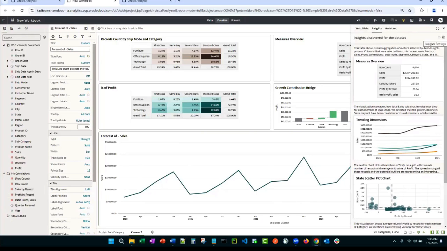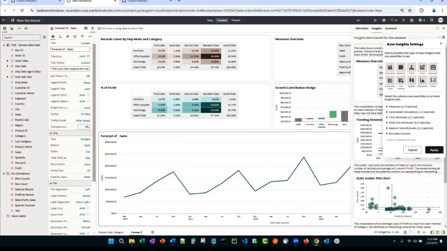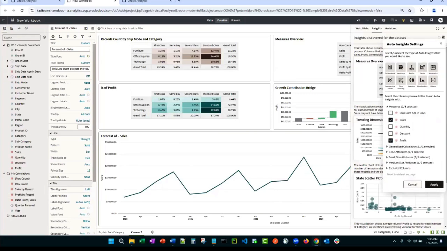Now, my favorite part about these Auto Insights is the first time it runs unsupervised. But you have the control to have it run in different directions. And what does that mean? You get to tell it what type of charts you want it to produce. You also get to drive where it's looking. So this first run, unsupervised, focused on sales and profit. Well, what if I care about quantity and discount? And maybe it focused on state and I want to focus on subcategory.